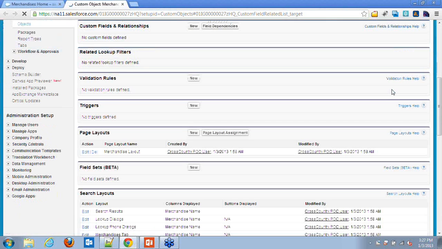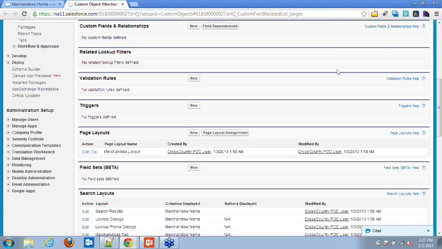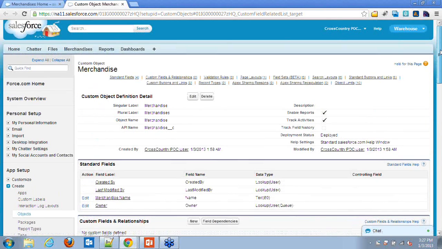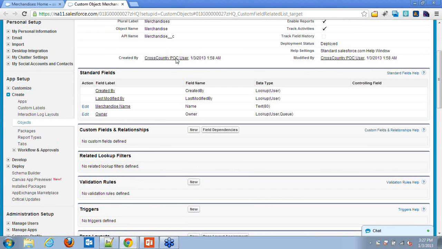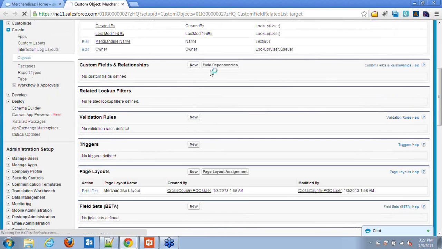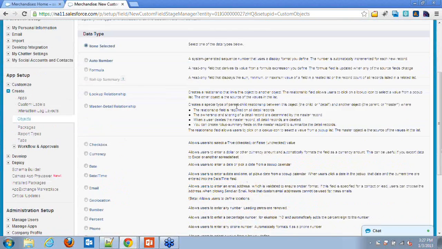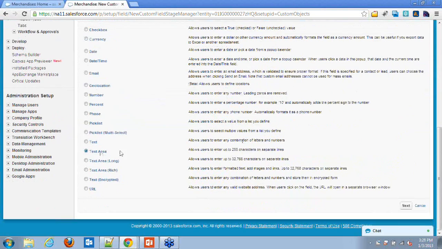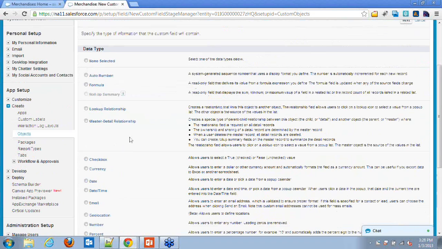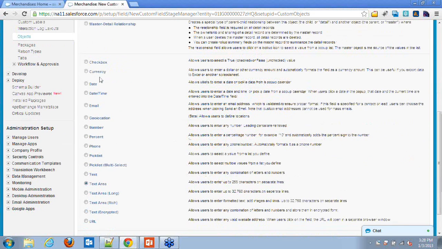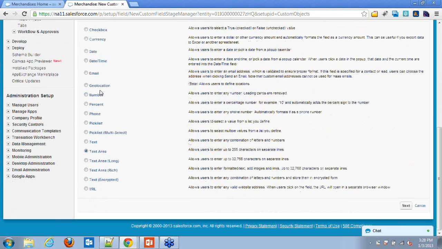Now let's add some fields to it. So this is the screen where you can see your first object, and here you are going to create the custom fields for it. Let's add the first field with the data type text area. Here you have different data types: the auto number, formula, checkboxes, currency, date, date time, number, percentage, pick list, URL.